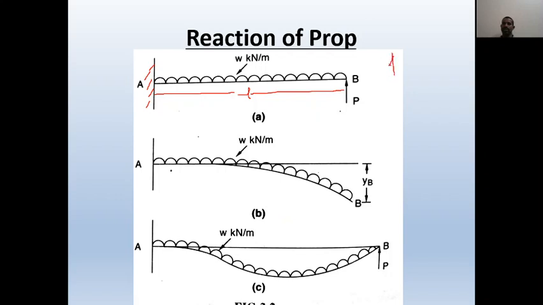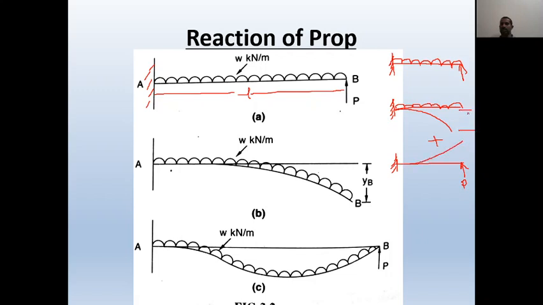Let us say this is a proper cantilever beam. It is subjected to a UDL. This is a prop. Now this will be equal to a simple cantilever subjected to UDL, and as a result of this it will try to bend like this. Let us again consider a cantilever beam which has only a point load which is upwards, that is the prop reaction P, and then you will see it will try to deflect upwards like this.